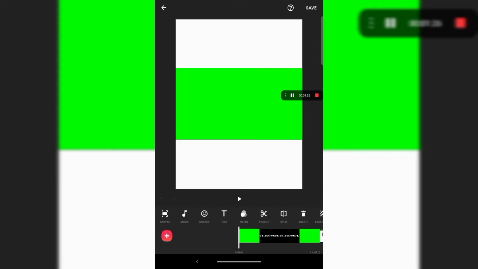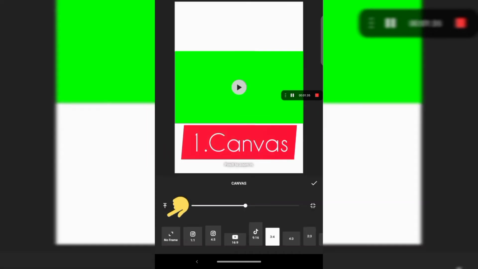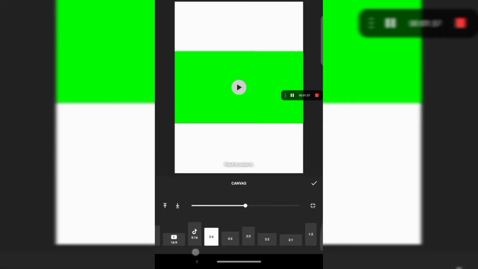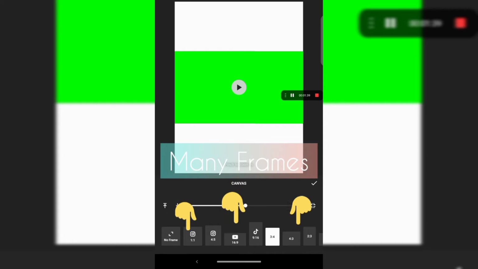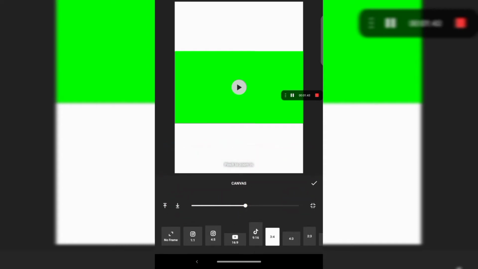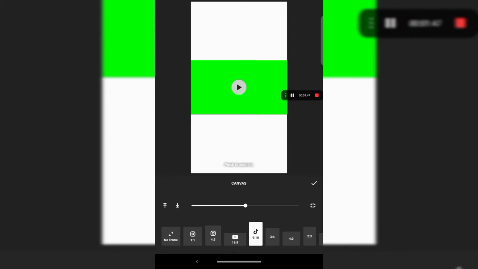So here I will tell you each and every feature you can use for editing your video. First is this canvas. When you click on it, there are many frames. The default frame will be 3:4, or if it's in portrait form, it would be a TikTok frame 9:16.